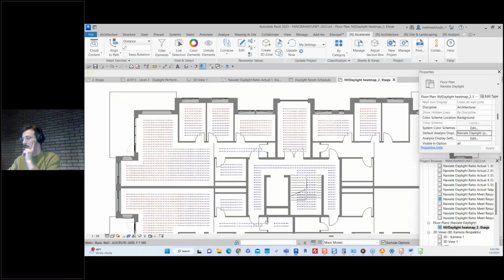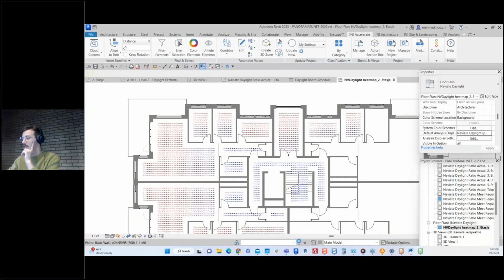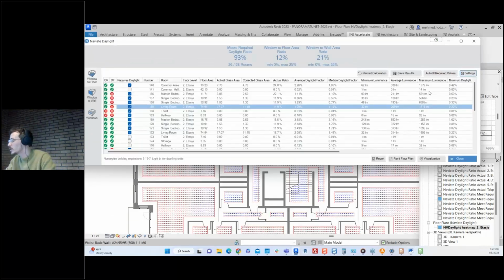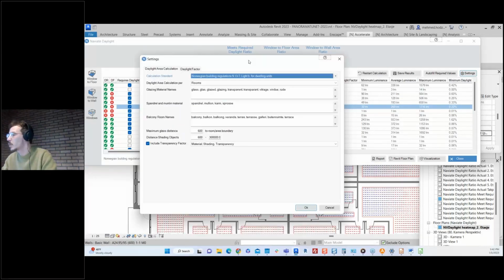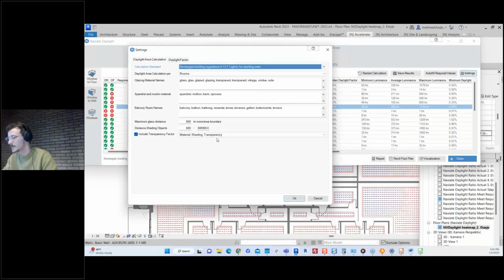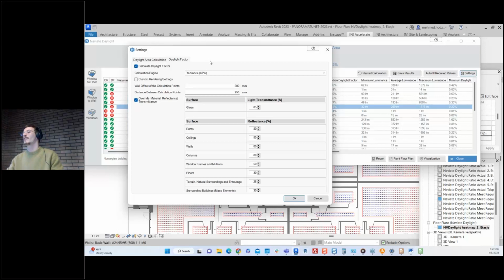So yes, about the settings, one more thing, and that's the configuration of the material properties. That's quite an important feature to have in software like this. And that's why we have provided two ways to define the material properties in your project. The first way is on a category level, and that setting you can find in the Daylight Factor tab, and here it is, called Override Material Reflectance and Transmittance. And this table here provides you a number of